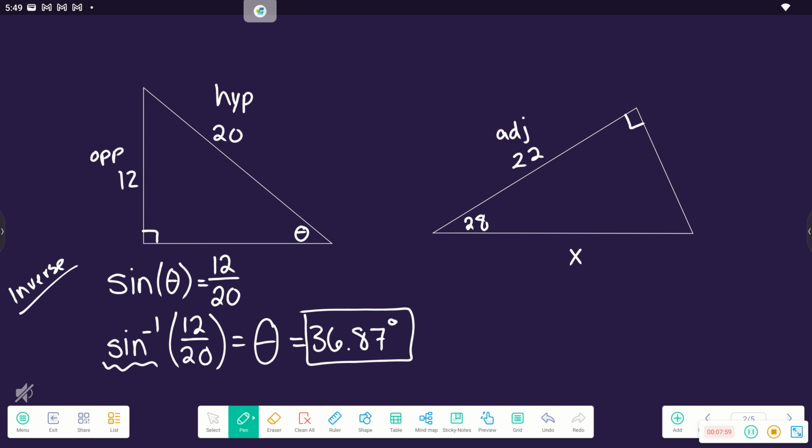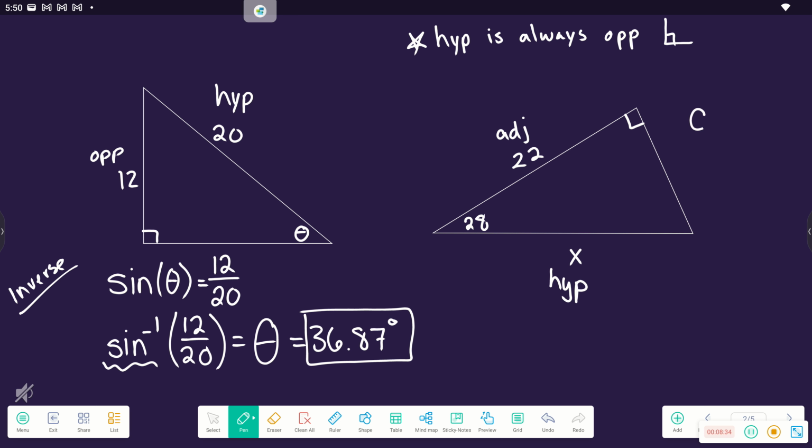Now if that is my adjacent, that means x over here is going to be my hypotenuse. I know it's my hypotenuse because it's exactly opposite my right angle. So if that's something you need to remember, your hypotenuse is always opposite your right angle. Okay? So if I know anything about my trig functions, the one that uses adjacent and hypotenuse